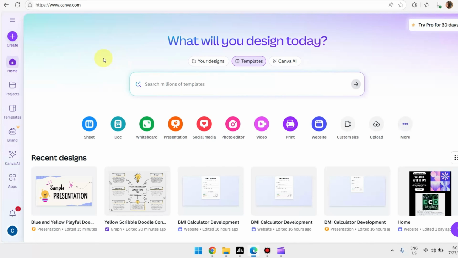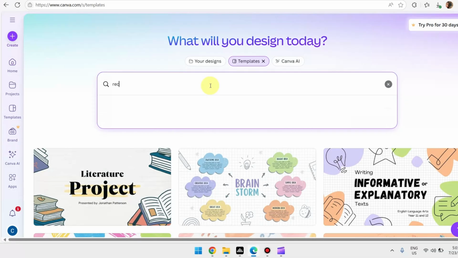So for today's video, I'm going to teach you how you can easily make a recipe book in Canva. So all you have to do is head over to canva.com and of course, make sure that you're logged into your account. Next, in the templates search bar, we're just going to search for recipe book,